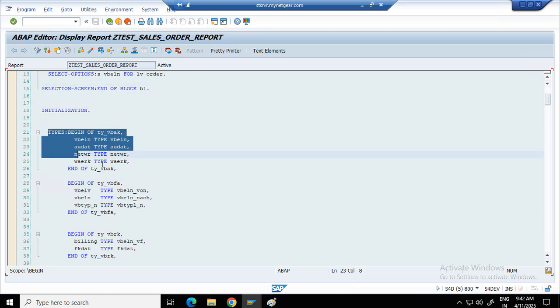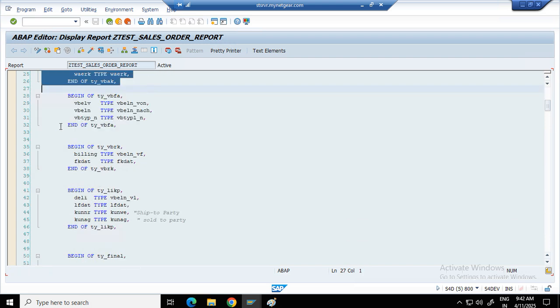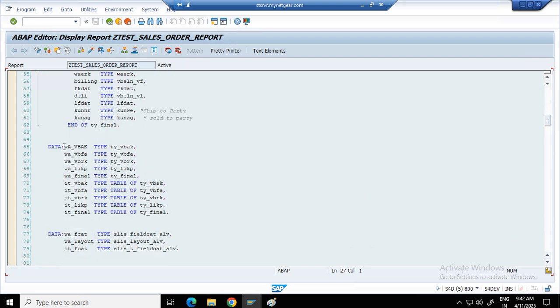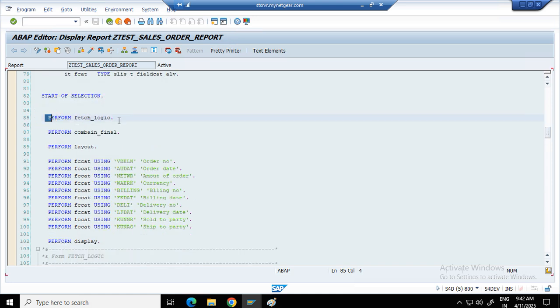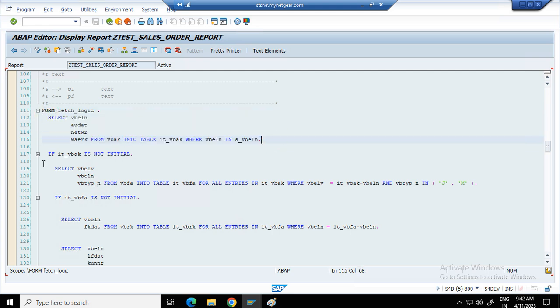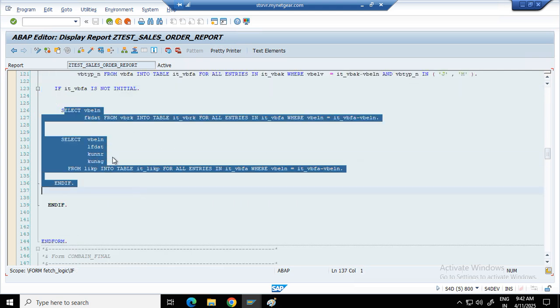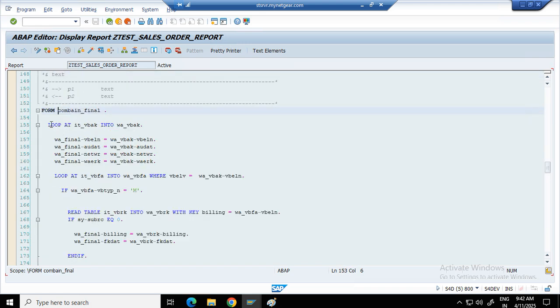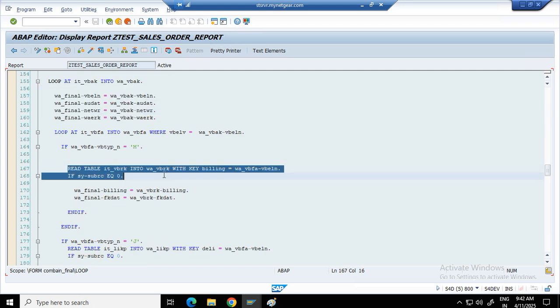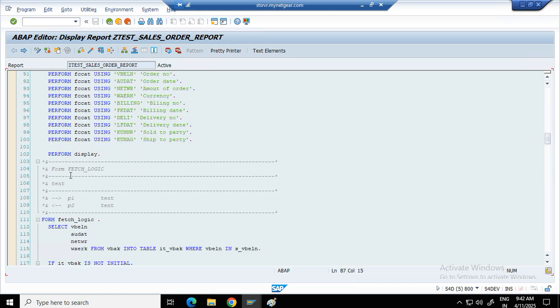Same with types, which I have discussed. See, work areas, I have discussed work areas. This is internal tables. And this is performs, subroutines. Inside this are basic select statements, all select statements. If I go to this combining logic, there is the loop statement and the read statement. That's it. And here in the display logic,